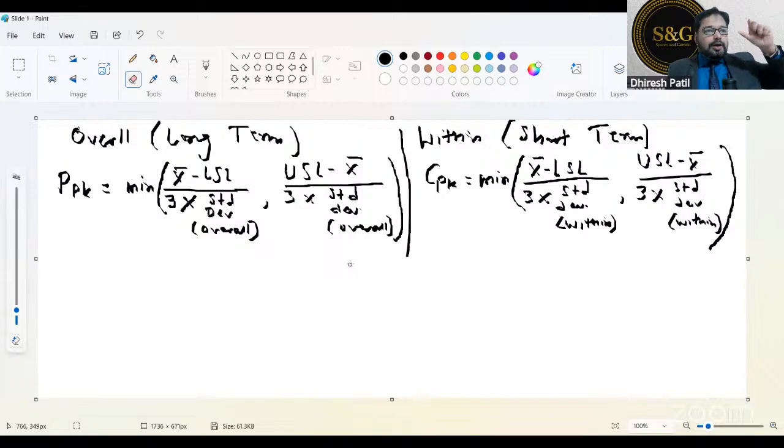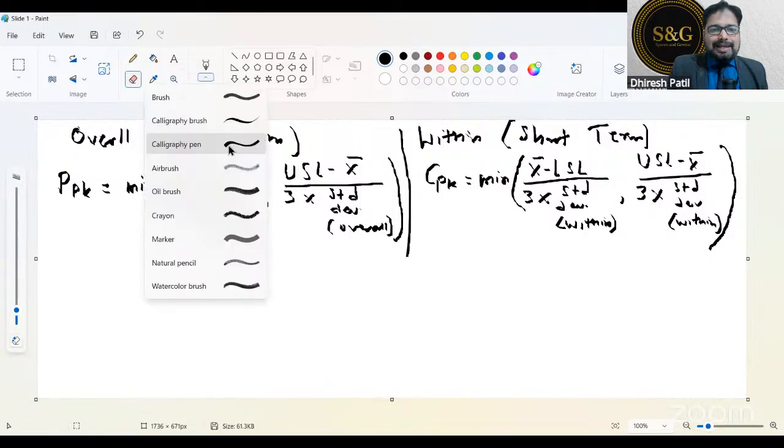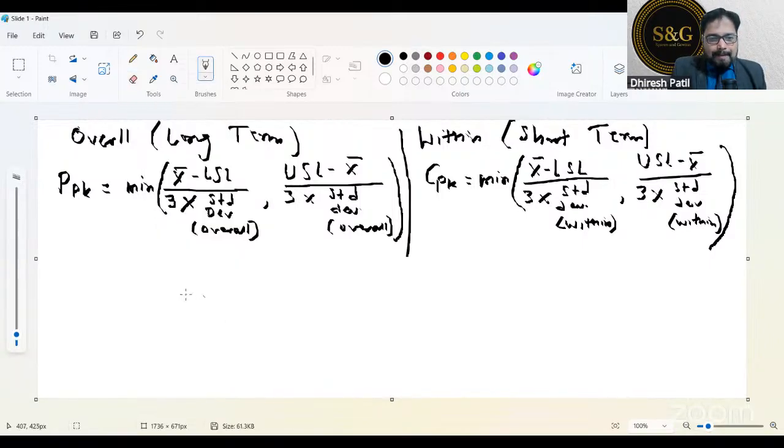You remember the subgroup samples, the small samples, and then the overall, all the 120 chocolates together. That's the difference. Okay. Yes, very good. Now there is another formula which is called CPM. Write this down. I will explain it to you. First let's write the formula. CPM. CPM. The formula is